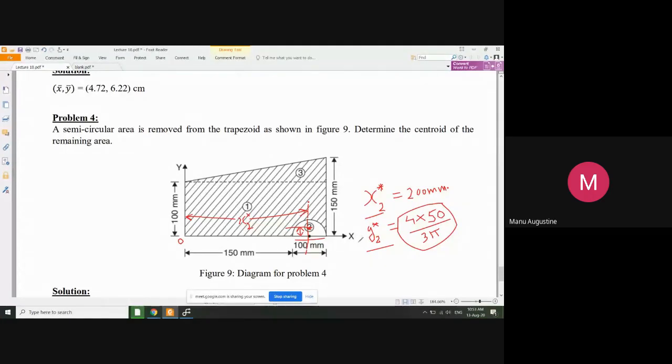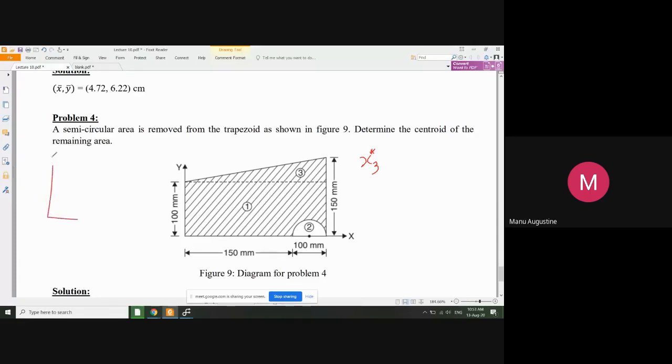So proceeding in this way, what can you say about the triangular area? अब ट्रायंगुलर एरिया के ऊपर अपन डिस्कशन करते हैं। What I want you to tell me is the location of x3 star. x3 स्टार बताओ मुझे कितना है, कैसे पता लगेगा? One idea that I know is that if I have a right angle triangle,